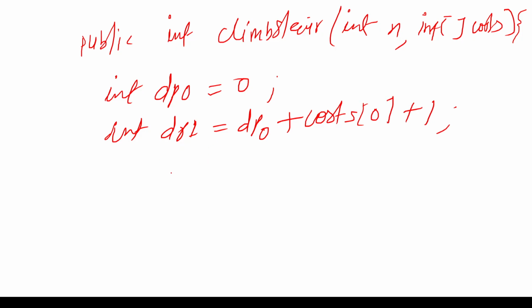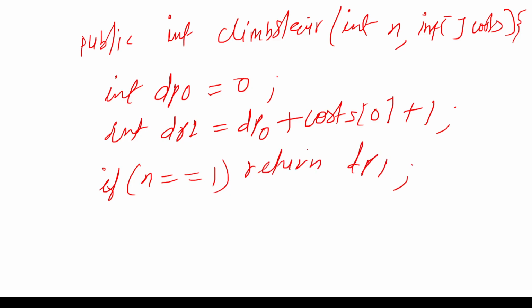So these are the very first two steps you have to define here, but you have to take the edge case if n equal to 1. If you are at the very first step, you return dp1 with the cost that we have calculated, right? And then further we will calculate dp at 2, meaning we'll define int dp at 2, and we'll say,